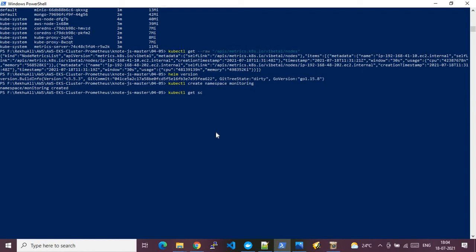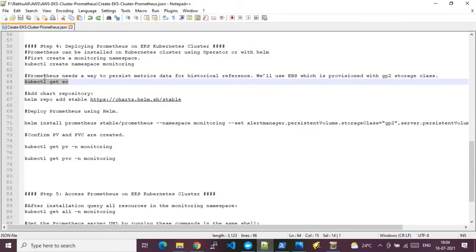This is where the actual installation of Prometheus, and how we can consume the Prometheus service, will be happening. Earlier was a prerequisite that I have shown you. Now it's the real one, where we will be installing Prometheus, configuring it to target a particular EKS cluster, and consuming the Prometheus services to gather the required monitoring data of our cluster. Here you go, I have run the command and it has returned the data. It means we have persistent metric data for historical reference.